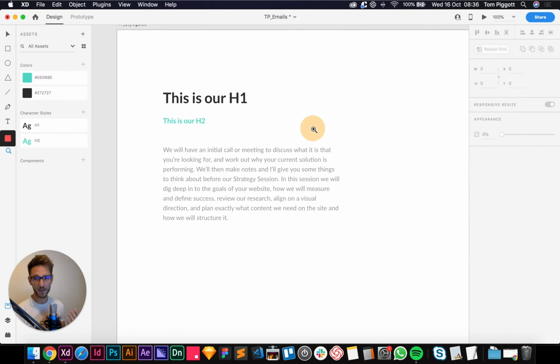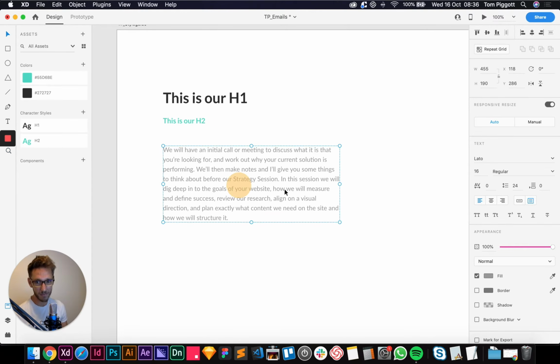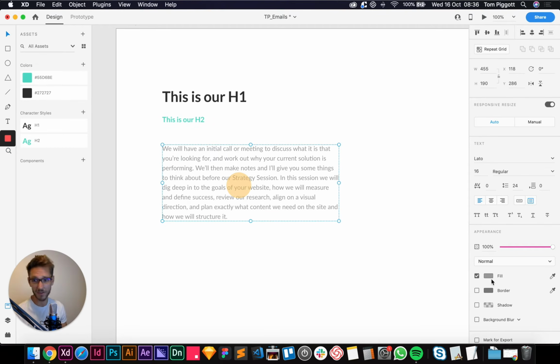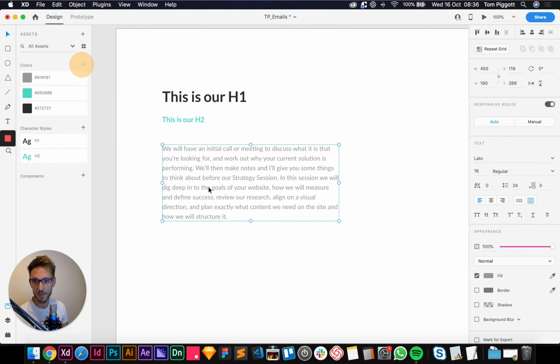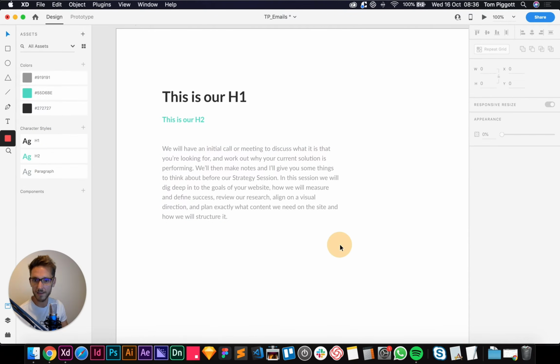But as you'll see when we get into the coding side of things, you have to be a bit careful with not using too many fancy techniques. So when you can, we can achieve a similar grey just by using a grey colour rather than actually using an opacity of black. So that being said, let's add that colour grey into our swatches up here, and then we'll add this in here and we'll call this our paragraph. Paragraph, spelt like that, drag that under there, easy peasy.